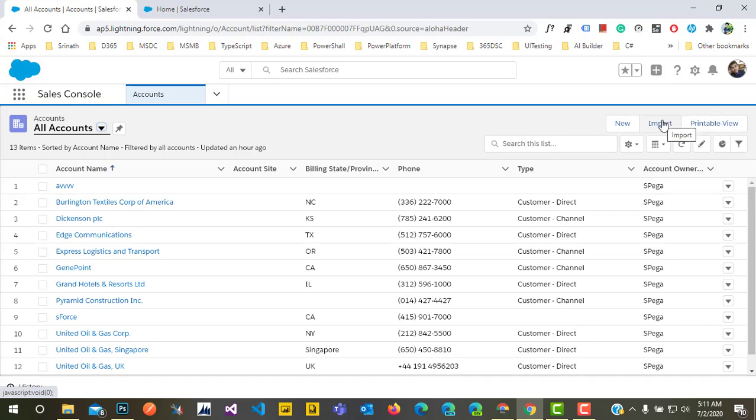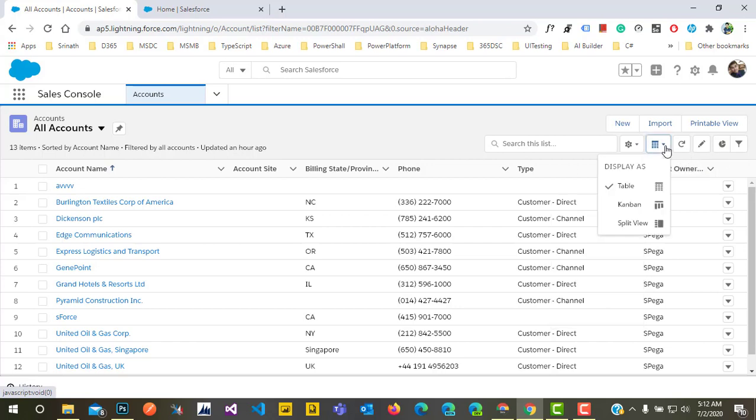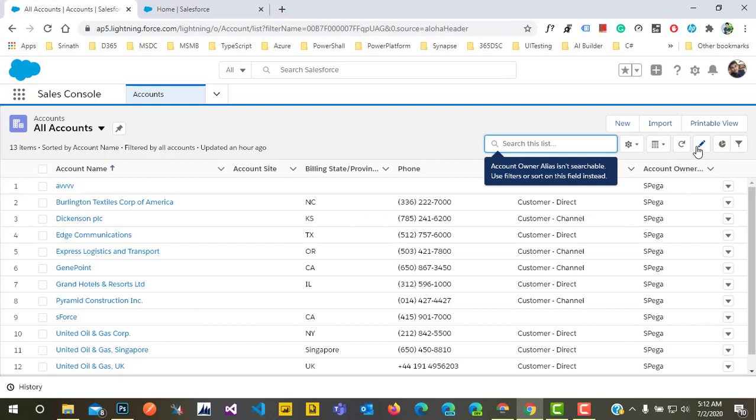Import: if you want to import data into the accounts in Salesforce, this option works. This is search. This is the Kanban view, and this is refresh and edit, something like that.